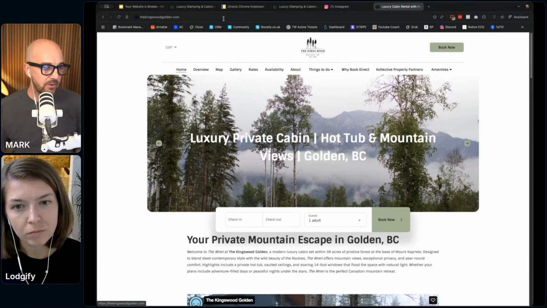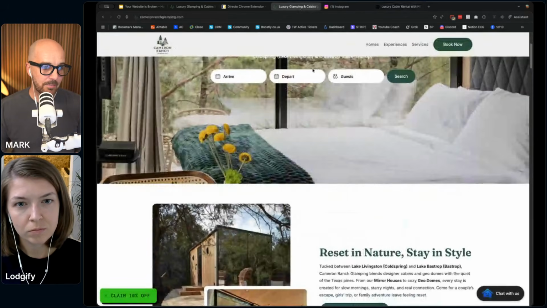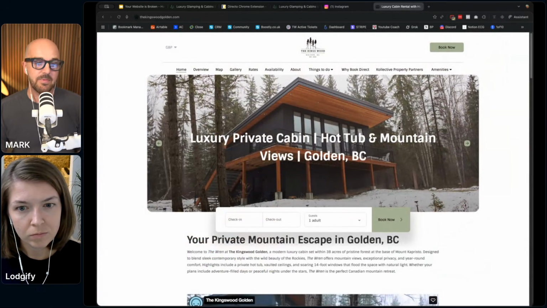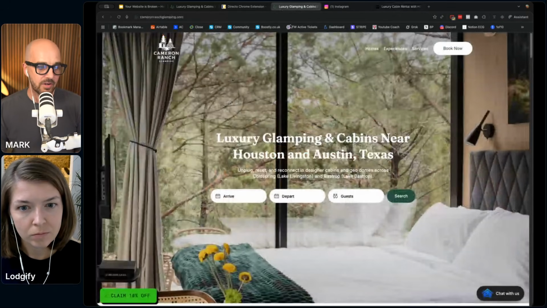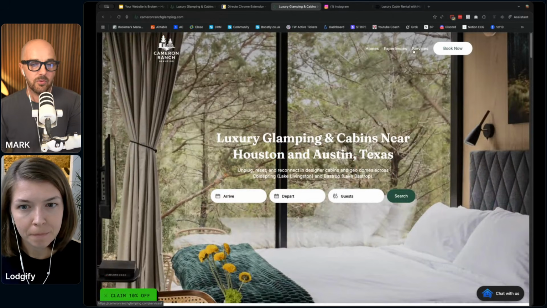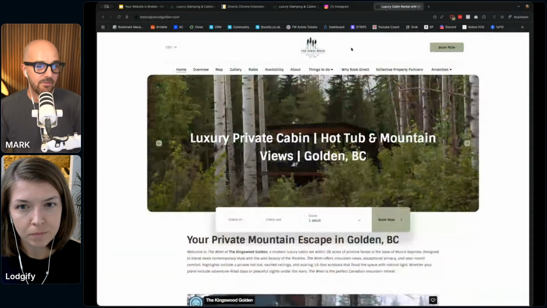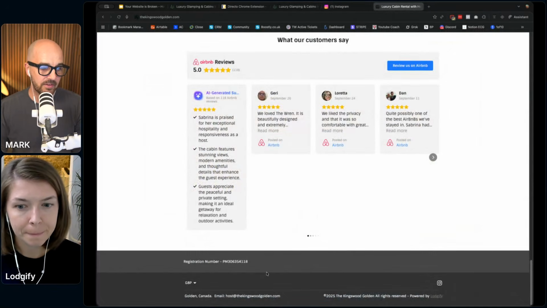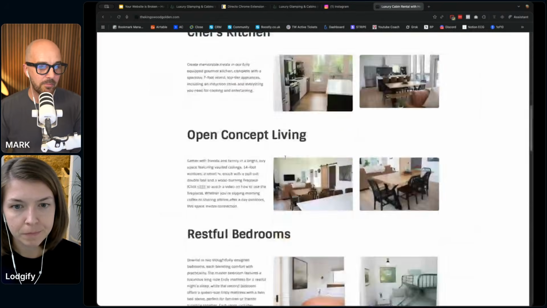So number one, and if I just go back and show you the example of Garrett, you've kind of got the same vibe here, forestry, etc. 1, 2, 3, right? The book now button at the top, 1, 2, 3. Everything else here, put it in the junk drawer, the footer, which is at the bottom. Okay, so that's number one.